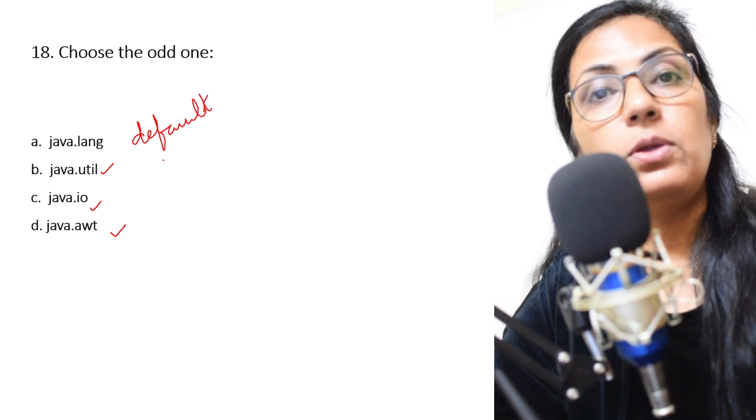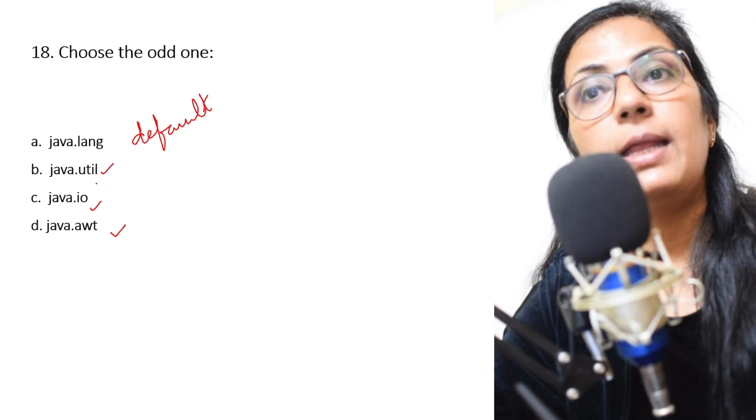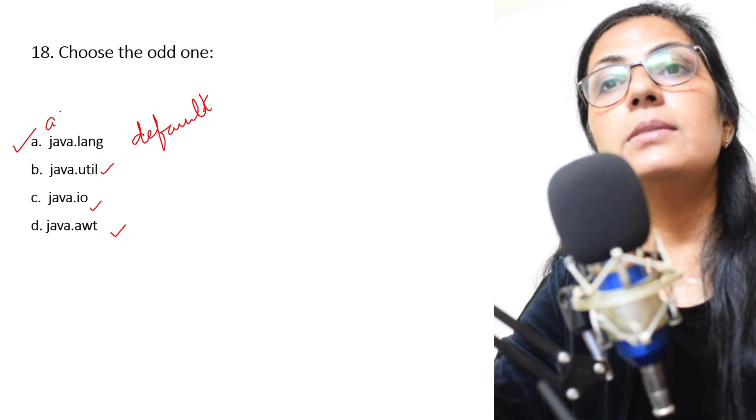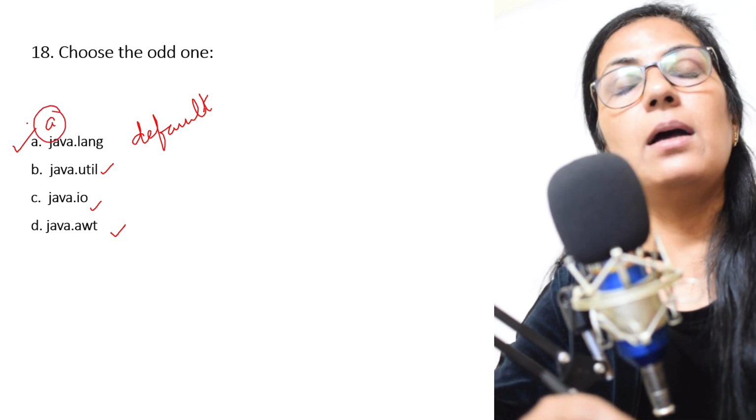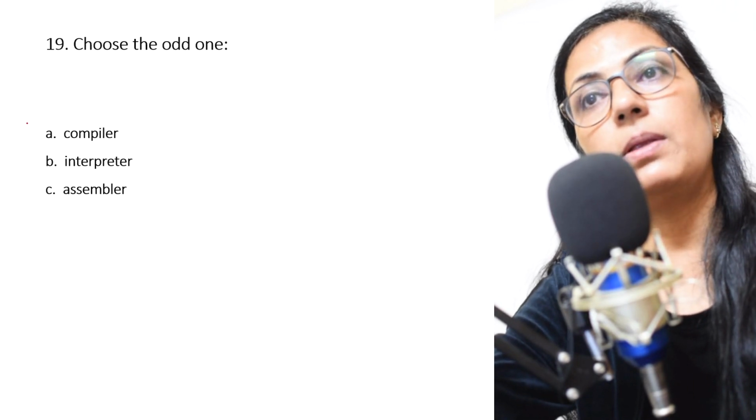We don't have to use an import statement to include the functions of the java.lang package, right? So this option A is the correct answer. This is the odd one out of these, because for the rest we have to give the import statement.